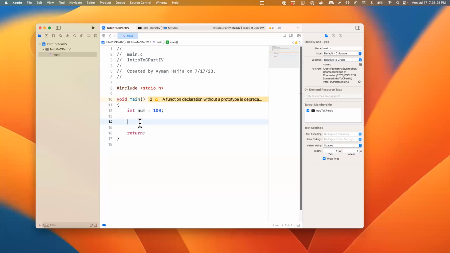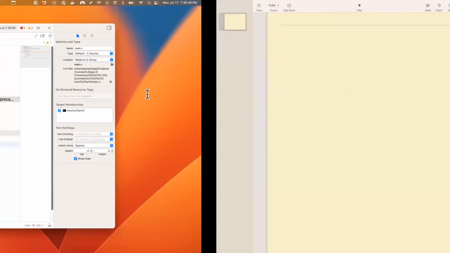So I'm going to create a pointer that points to num, and because num is an integer, the pointer that I have to create is a pointer that points to an int. So I'm going to say int star p1 equals the address of num. So if we were to go back to the